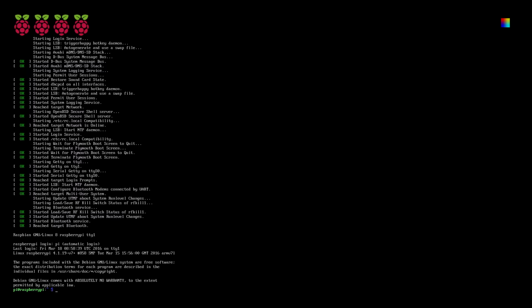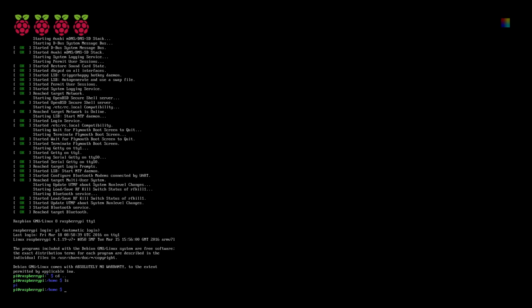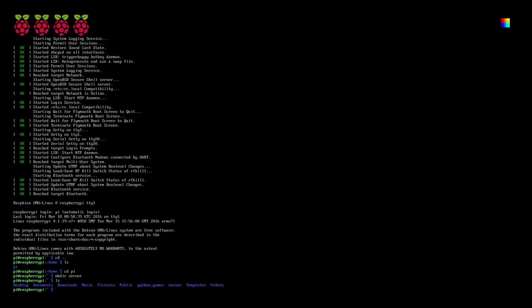and so what we want to first do is, if we cd .. we're in home now, so if we ls, there should be only one folder called Pi. So let's cd back into Pi, and then now we're going to make a directory, and we're going to call it server. Just make it nice and simple. So now if you ls inside, you will have desktop, documents, downloads, all the way down at the bottom, server. Okay, so now let's cd into server,